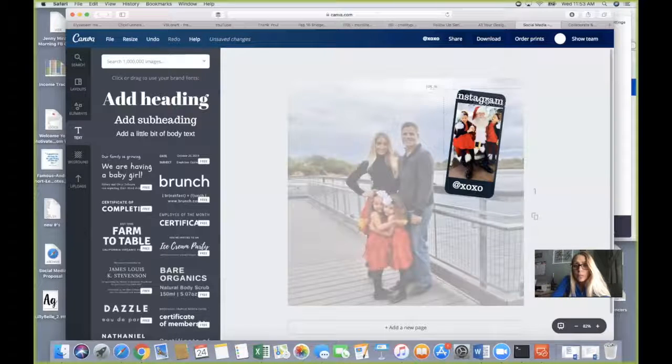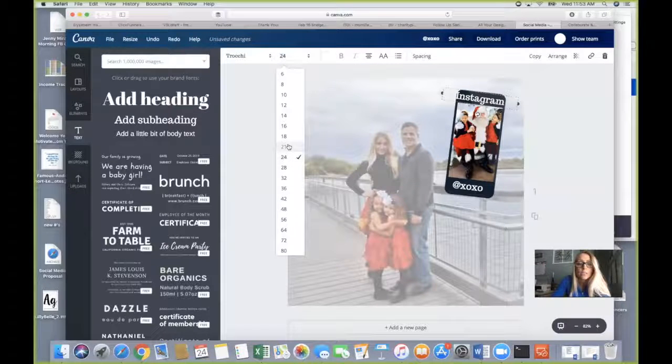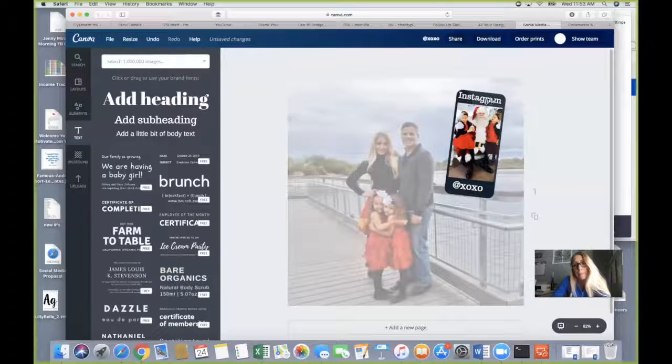If it's too big, which it is, I'm going to reduce it just by 1. There we go. All right, you see how it's lining up for me? So all I do is just put it right there. So on Instagram, there's our handle, XOXO. So they know that if they want more cute pictures of my brand, my family, or whatever, go to Instagram,